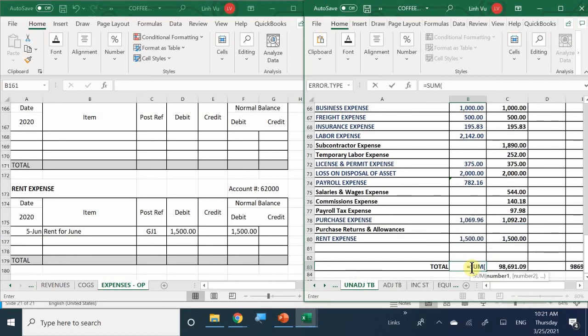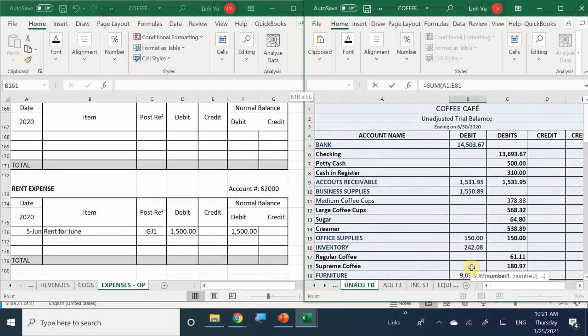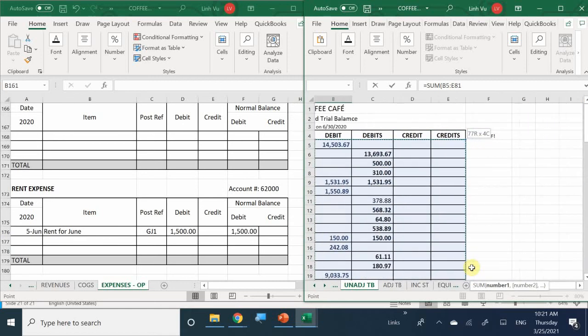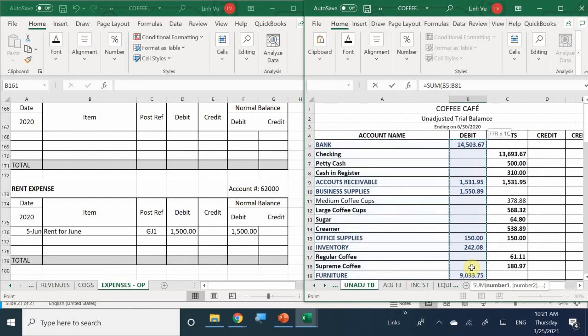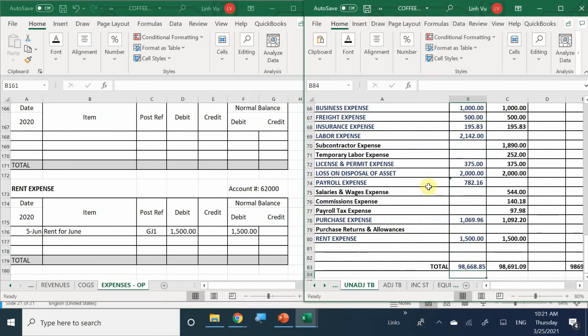I at least equal sum all of my debits here for my main accounts. Okay, and I got